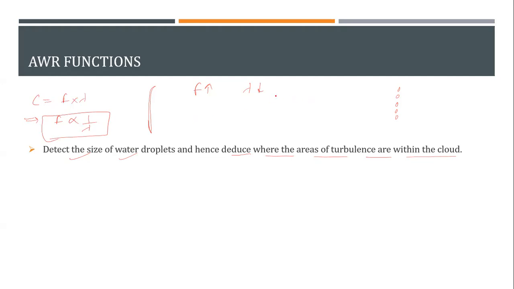Now wavelength is what? Wavelength is your cycle length. One cycle takes place in how much distance? That is your wavelength. So all in all, we want to reduce the wavelength size so that these water droplets can send us the signal. And when we get the signals back from these water droplets, we can create a picture, which we saw in the first slide. That depicts to the pilots that this is an area where a lot of water droplets are present. So please avoid this area because there could be some clouds, some winds, or basically turbulence.